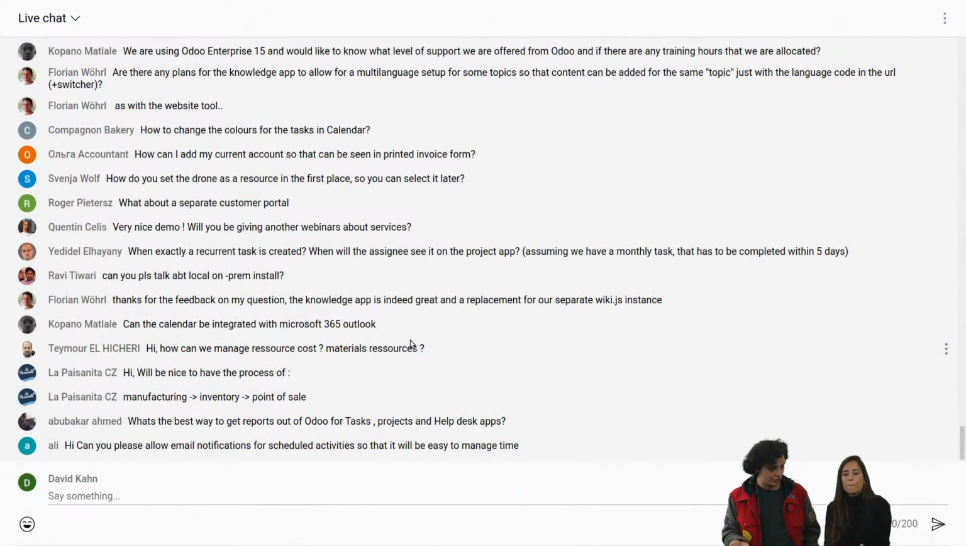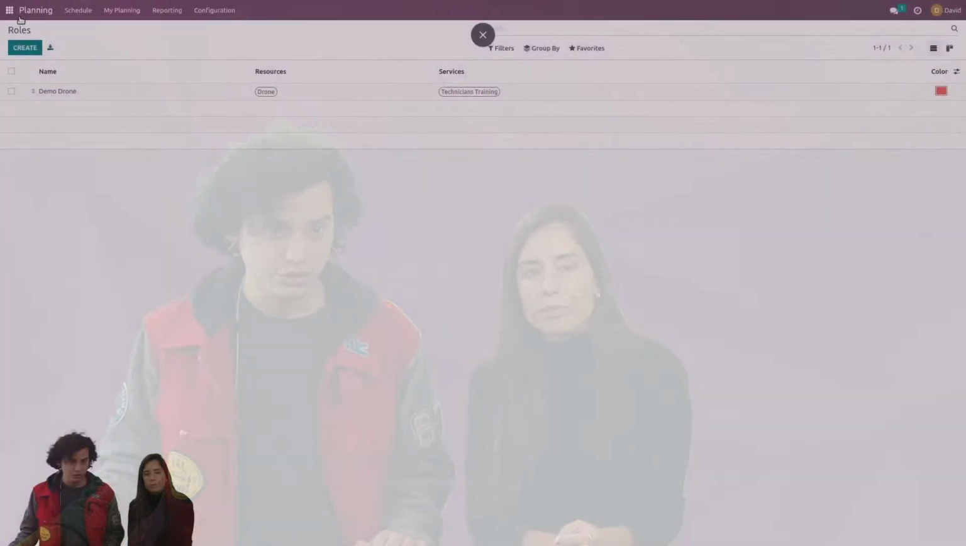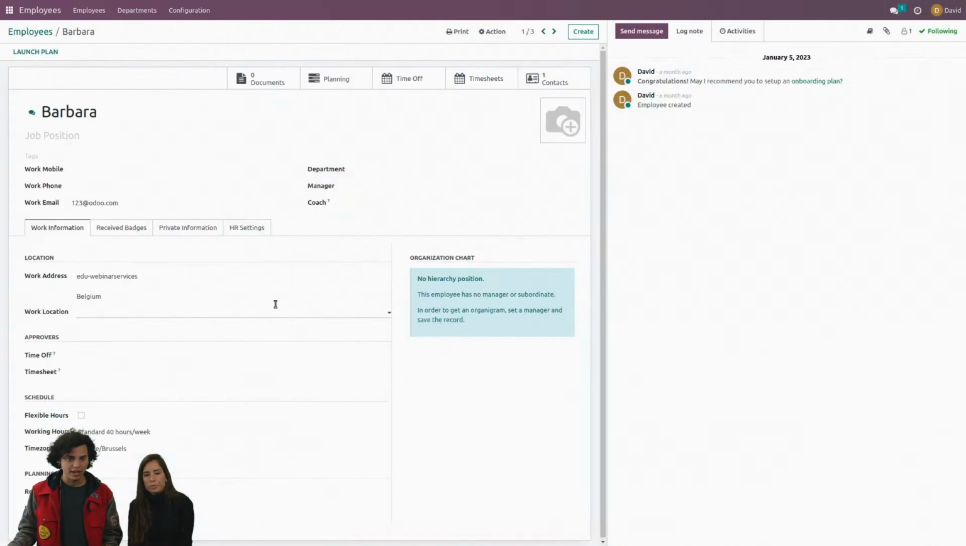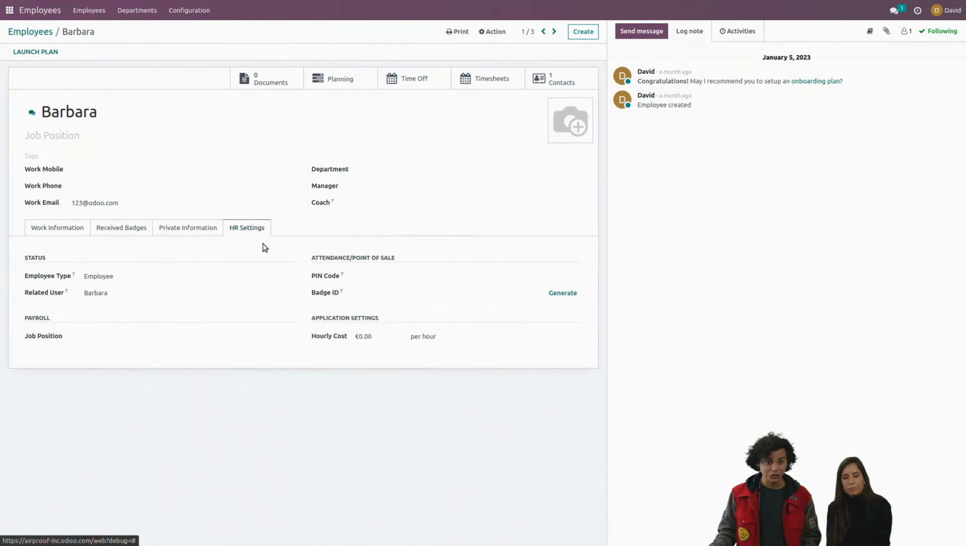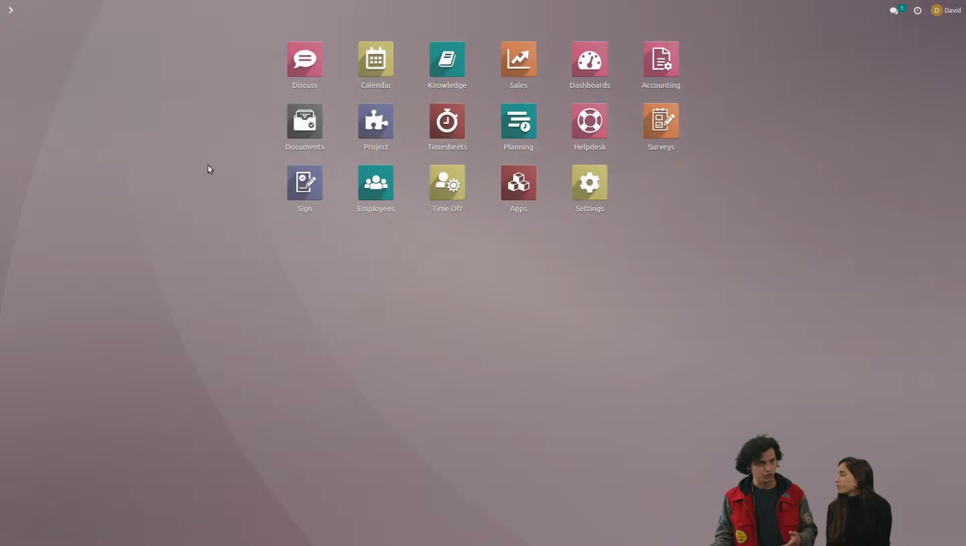How can we manage resource cost, material cost? Good that you made that distinction. When it comes to human resources cost, so just employees, that can be managed from the HR settings tab, where you find an hourly cost. And when it comes to the material resources, it really depends. For example, if we're talking about a work center, you can indeed manage a cost,